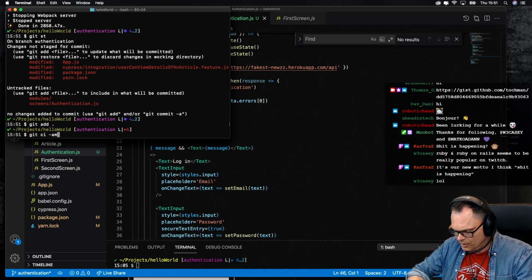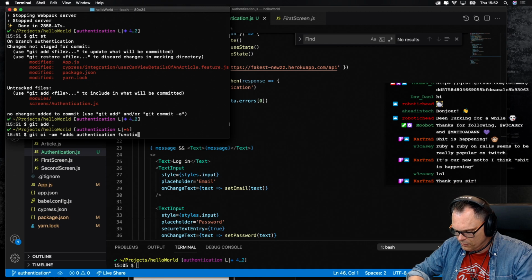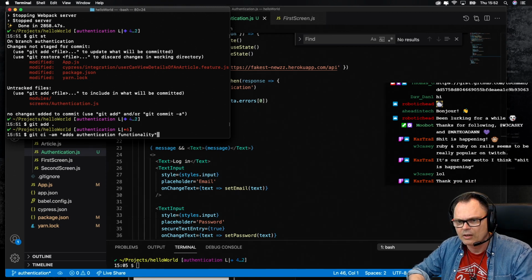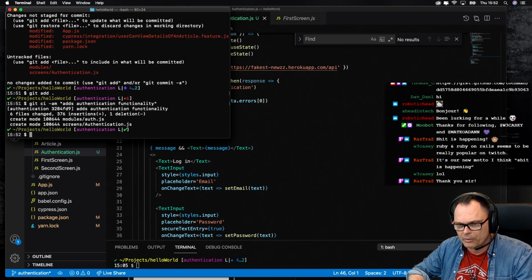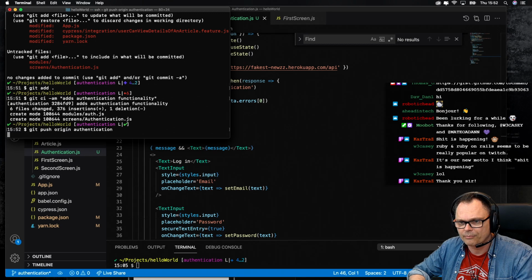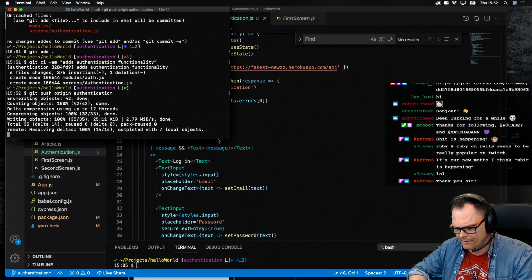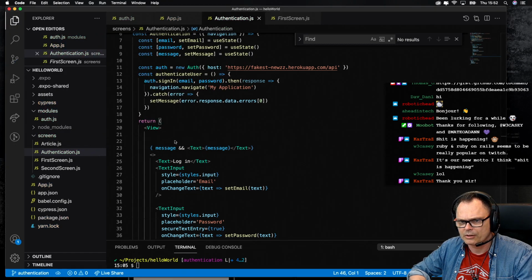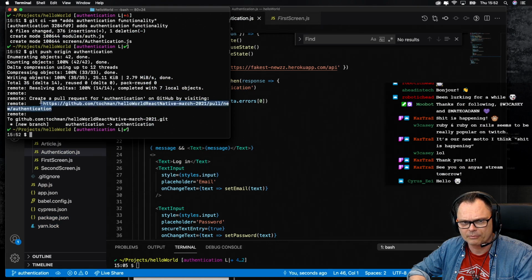Git commit, add authentication functionality. There we go. Git push origin authentication. Yes. So let's just,